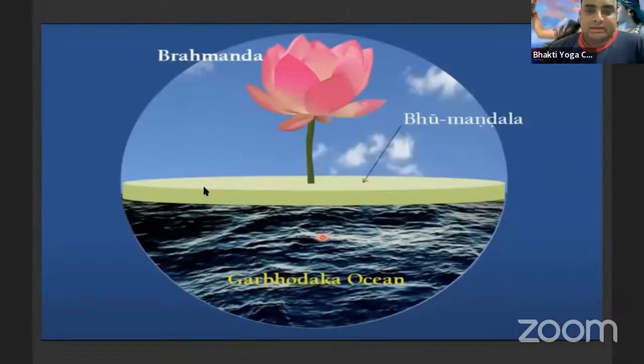So this is an allegorical illustration which explains the Brahmanda and the Bhumandal. This Brahmanda is the universal egg. The upper planetary systems, like Satyaloka, are located on top of this lotus flower. Bhumandal is the surface of this lotus leaf, and the 7 lower planetary systems are located within the depth of this leaf. So underneath the 7th,